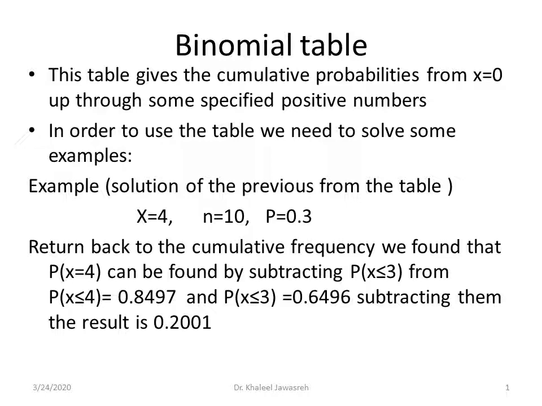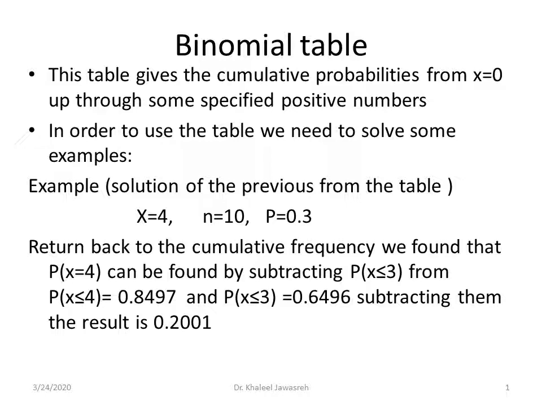From the table, by using n equal to 10, the probability of x less than or equal to 4 is 0.8497, and the probability of x less than or equal to 3 is 0.6496. Now we subtract them from each other,